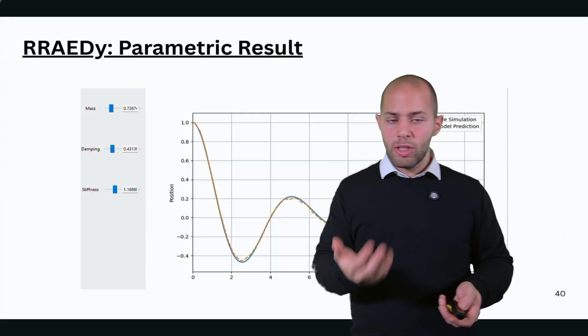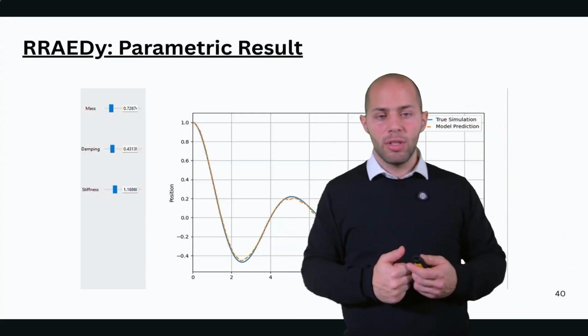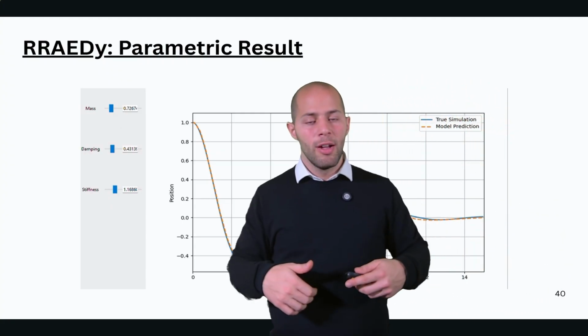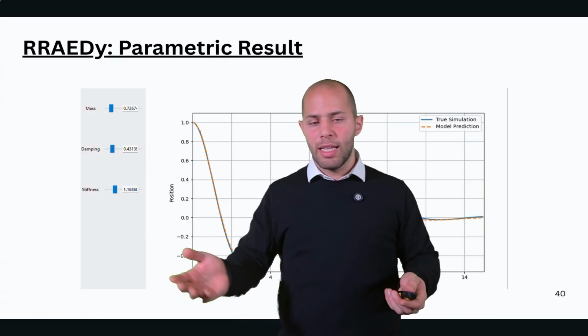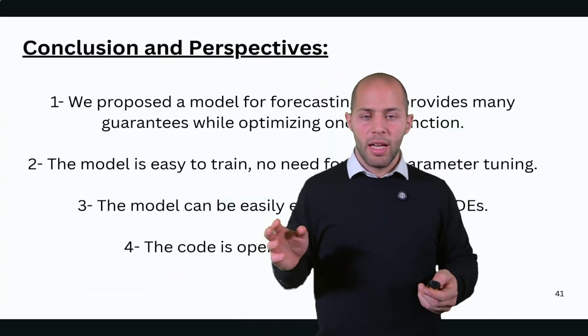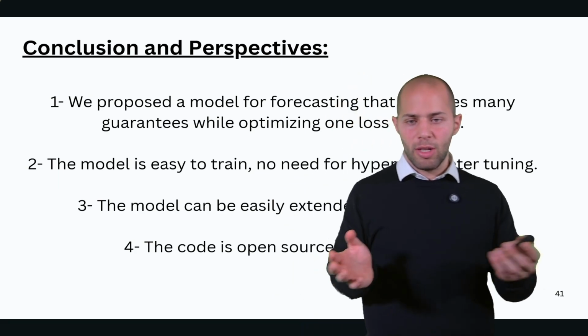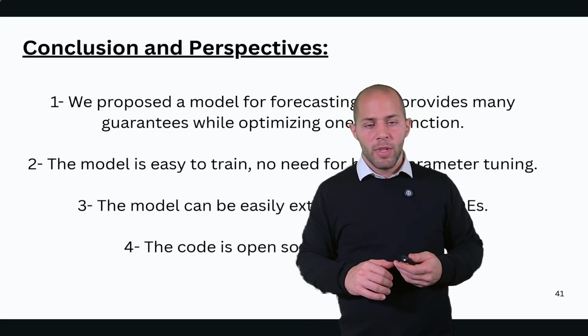And this shows also that RRAEDy is flexible and you could just modify it slightly to have more advanced versions, like for example using a DMDC or just adding the parameter like we did here. These were the main results, and so as some conclusions before I go to the code, we proposed a model